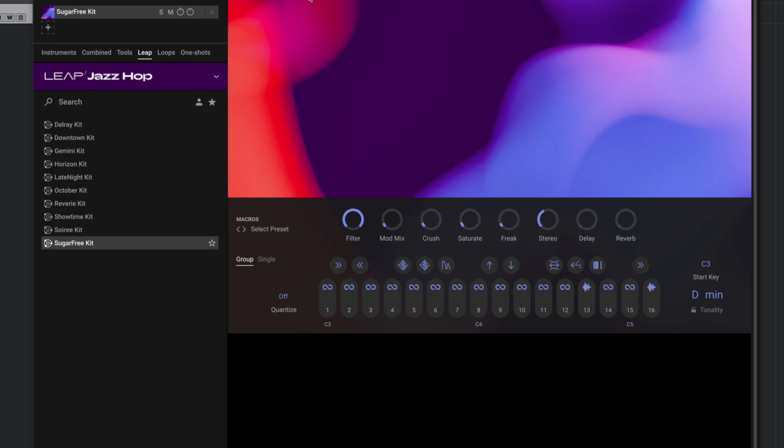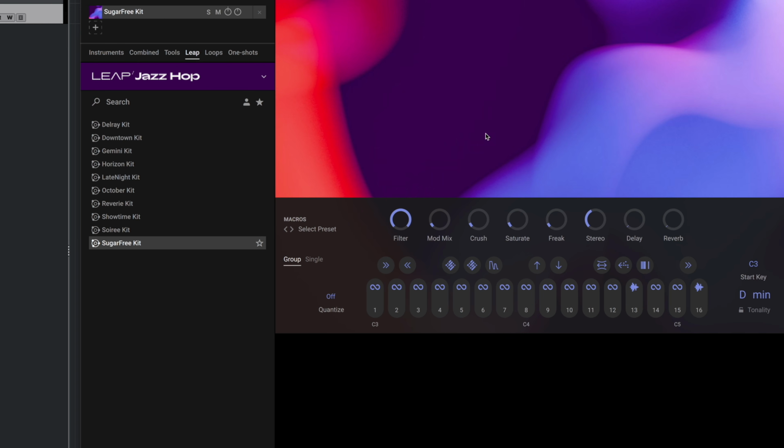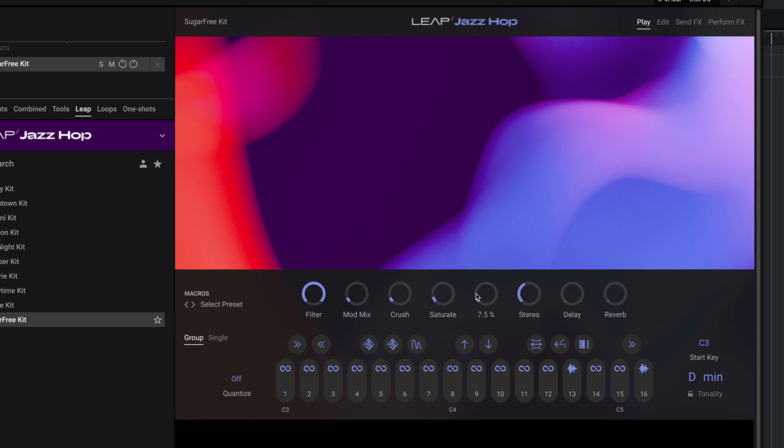Okay, let's load that one up. This is really nice. And once you load a kit up, you're going to see these 16 different slots down here at the bottom, and then some macros above that, and then a bunch of different menu options up top here